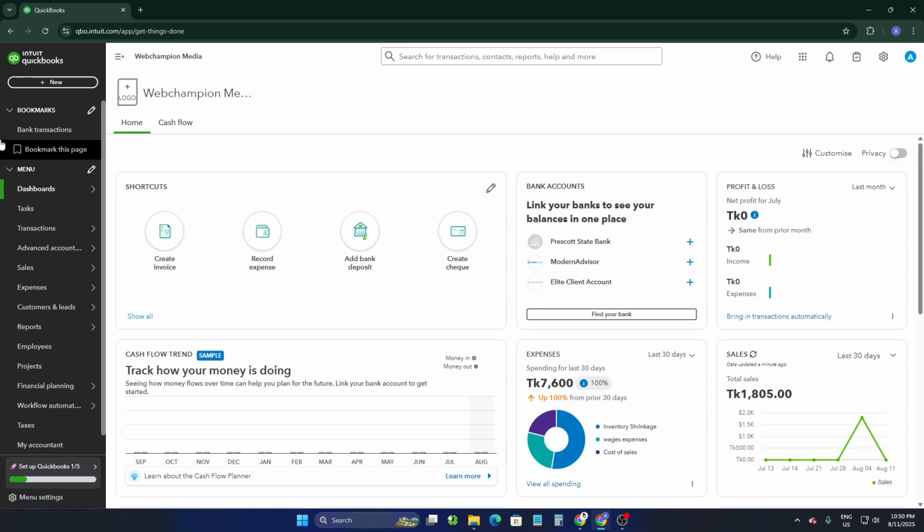So let's get started. First thing you have to do is open your QuickBooks account. You have to log into your QuickBooks account with your login credentials, your email address and password. Then after that, you can find this type of dashboard. At the left side you can find the navigation section, and at the top right corner you can find the